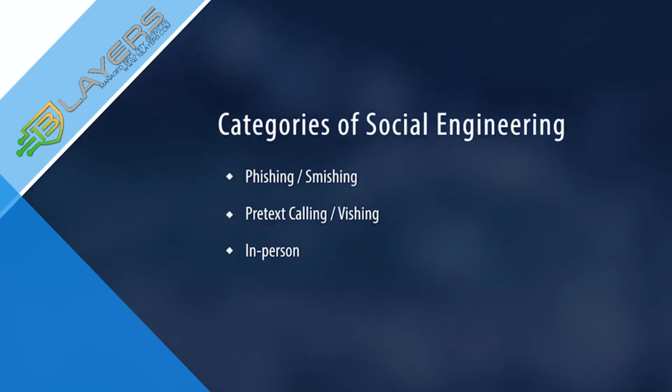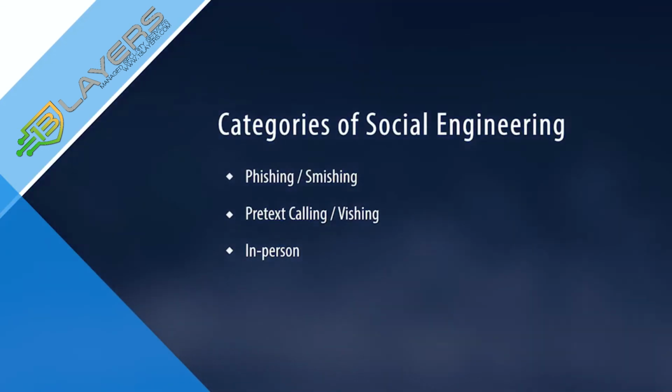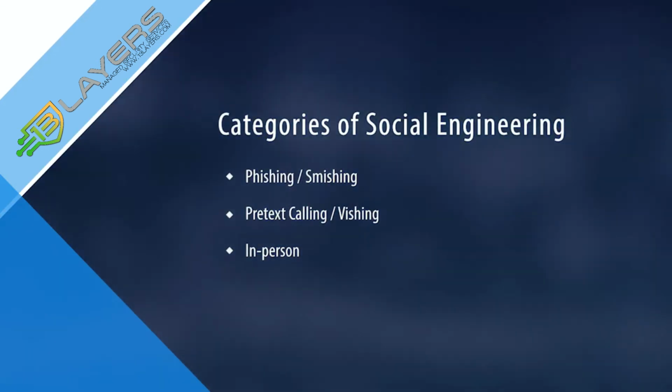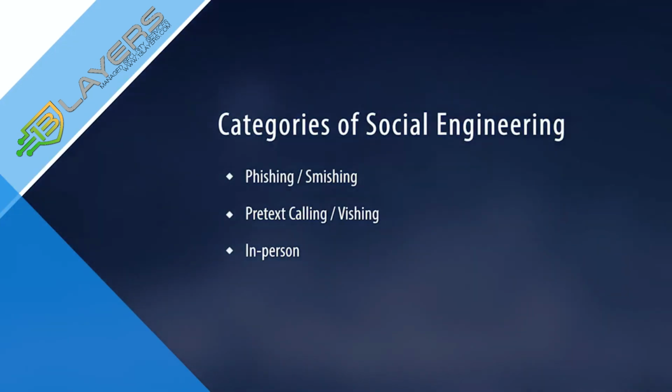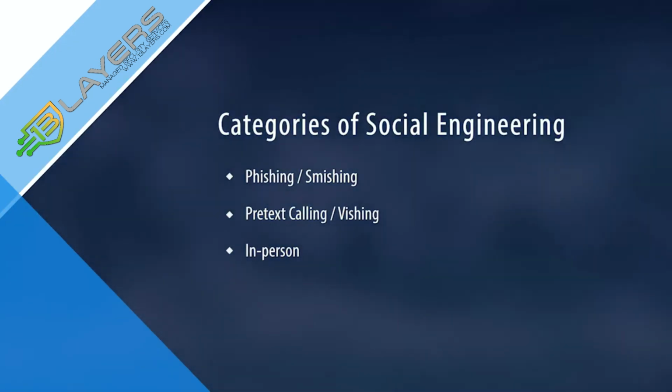In-person social engineering requires an attacker to be physically present. In such cases, someone could pose as an official, technician, supplier, new employee, etc. Although possible, this type of attack is less common, as there is a high risk of being caught. Social engineering is a common threat vector today.